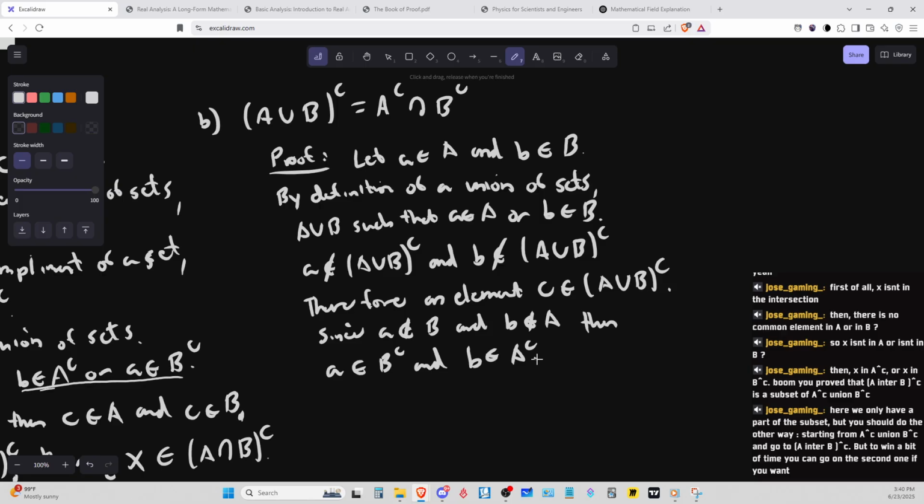Okay. So now we have an intersection of the two. So by definition of an intersection of sets